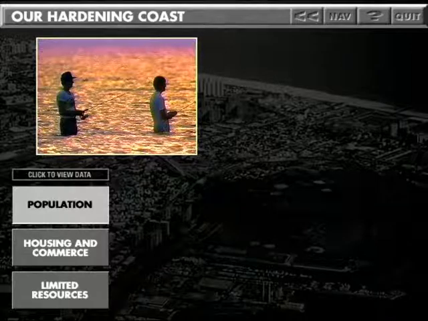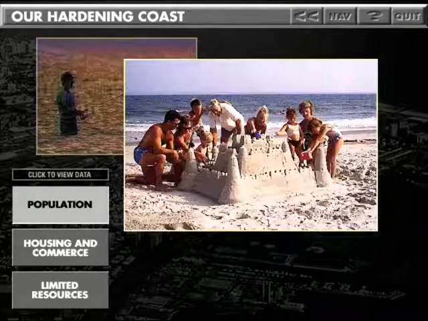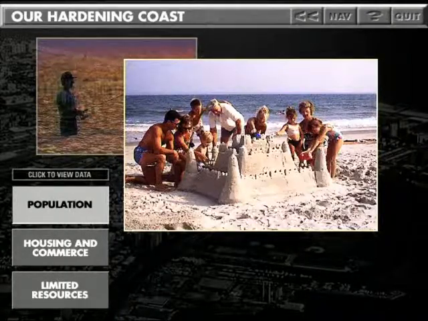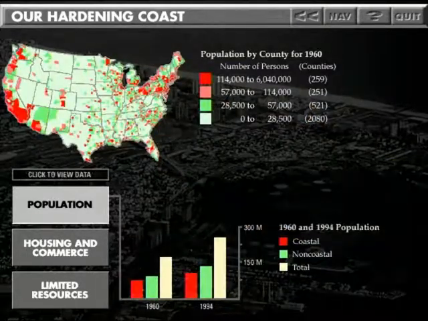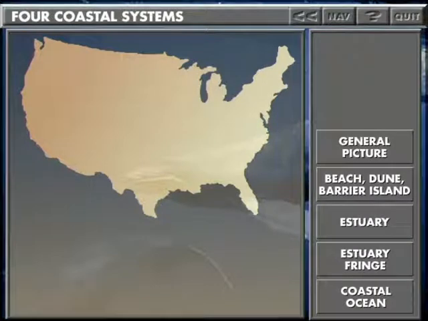The distribution of population is the single most important element in assessing stresses on the natural environment. The more people, the more stress. From the earliest days of colonization until now. In the United States, there are several types of coastline.